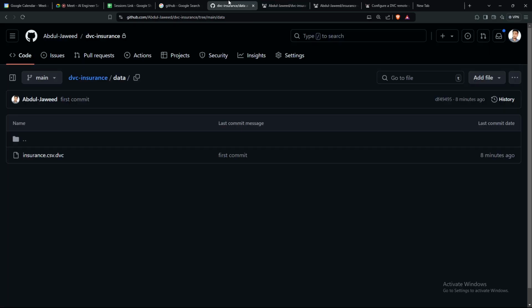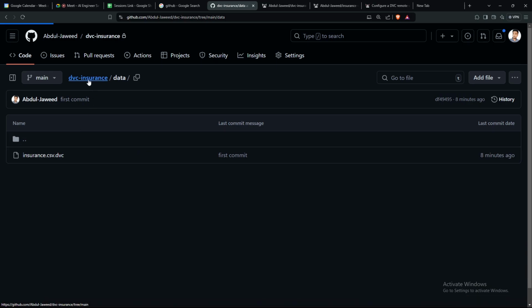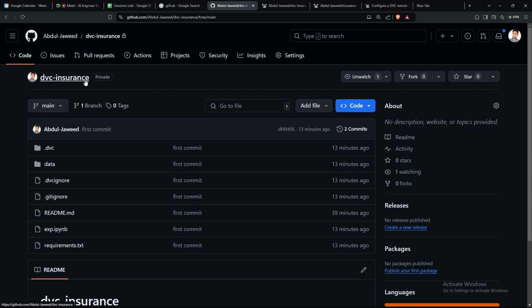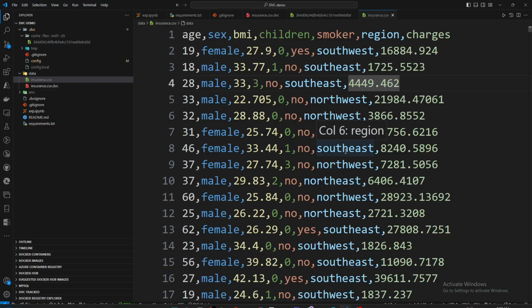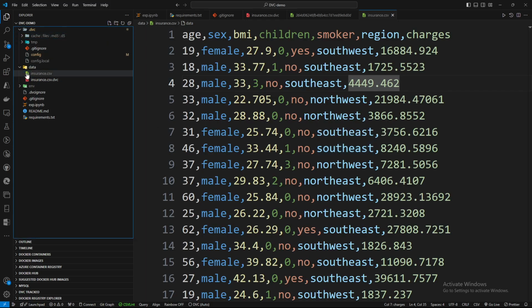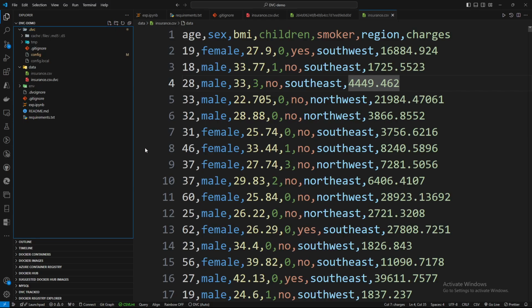Basically, what I am doing: in my local, first I create one GitHub repository called DVC insurance. Inside that, I created a repository to track our code, not specifically our data, because GitHub does not have the ability to track the data. So for that, I am using DVC to track our data. After initializing the DVC, we also have to